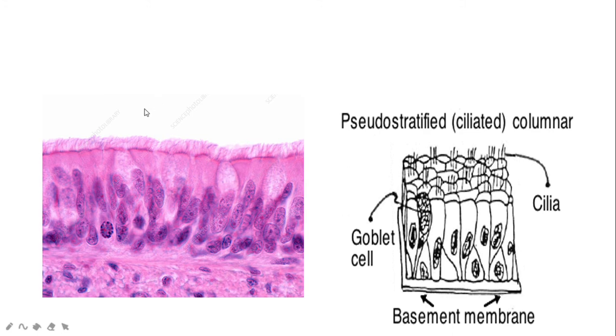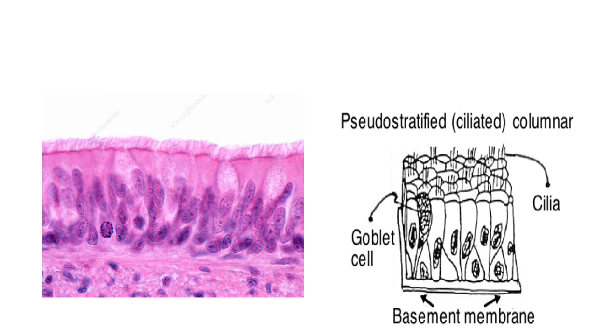They may point to this cilia and ask you, what is this part? Is it part of the locomotor system, flagella, cilia or anything else? Then the answer will be cilia. They may also ask an assertion-reasoning type of question about pseudostratification. This is pseudostratified columnar epithelium because the nuclei are not in the same plane, because it is only one cell layer with multiple nuclei levels. Then you have to